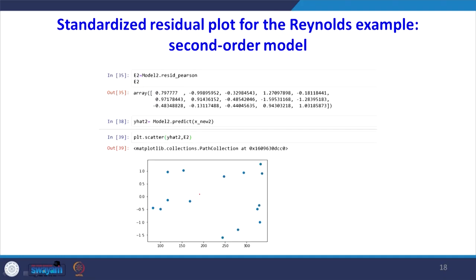Now, look at the standardized residual plot of the new variable. Here I have found the error term for the model which we have created, so I have predicted y hat. Now I am drawing a graph between y hat and standardized residual. It is kind of a linear relationship, but there is also a possibility of getting a rectangular shape. So, we can say our model is improved.